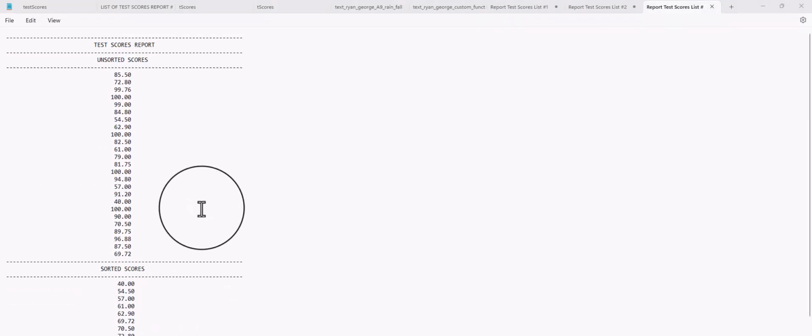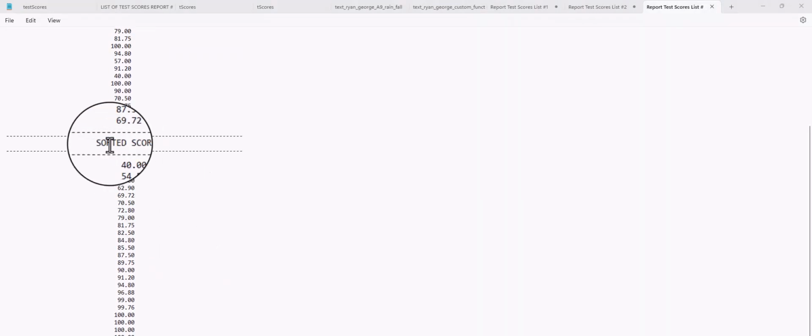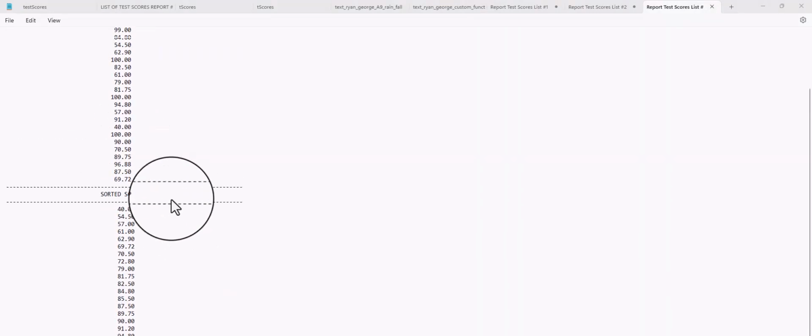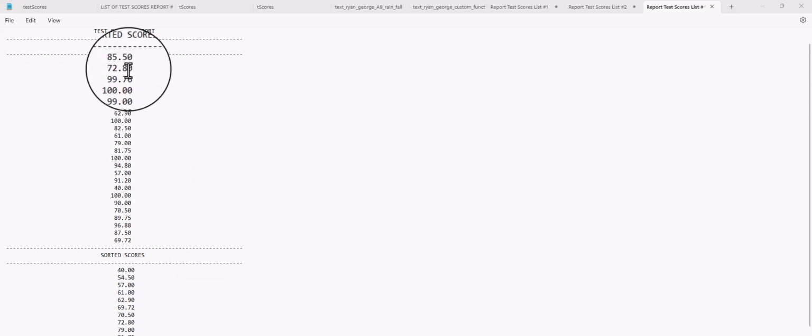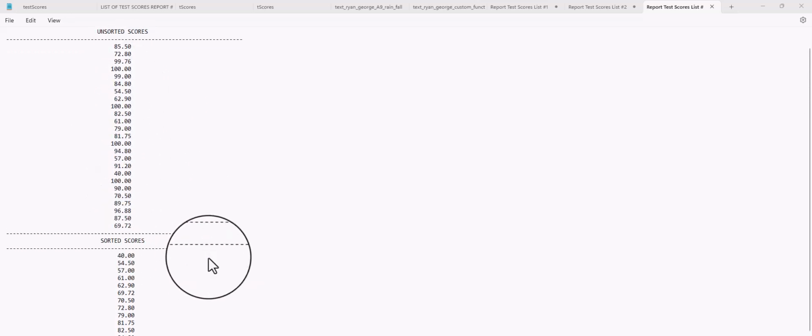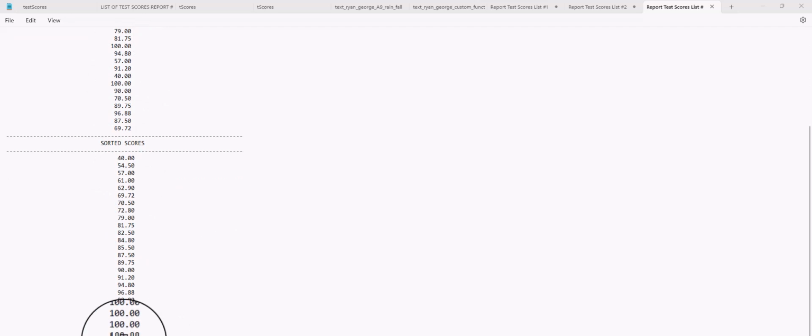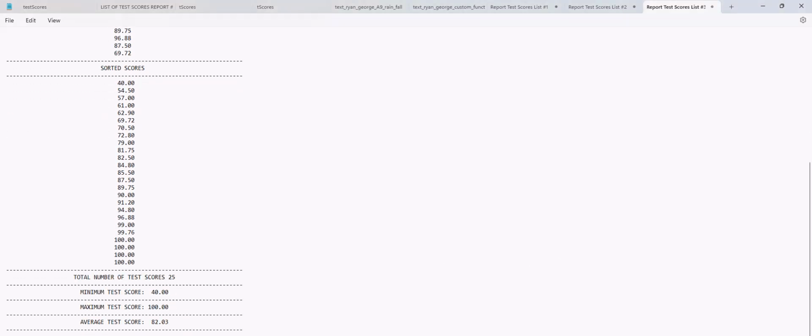So I just added that line between the sorted scores and the unsorted. So you see the list as it is unsorted, you see the list sorted, and the statistical data, such as the number of test scores in the list, the minimum test score, the maximum test score,